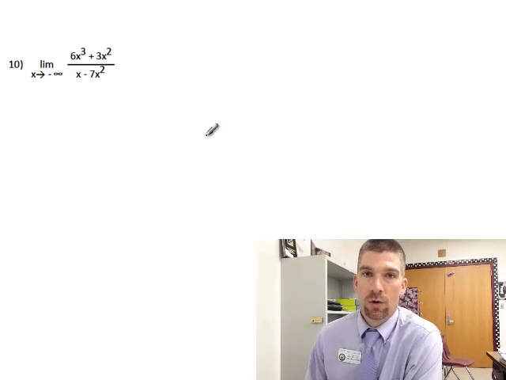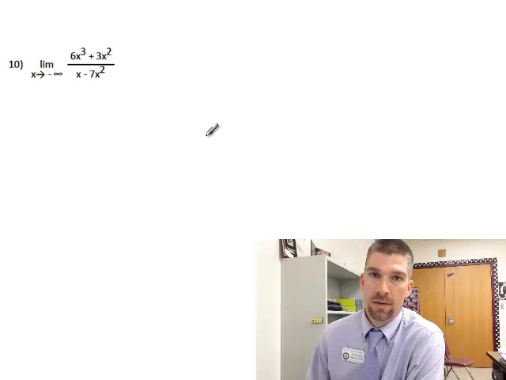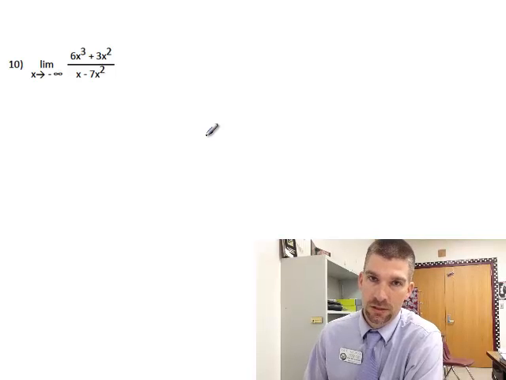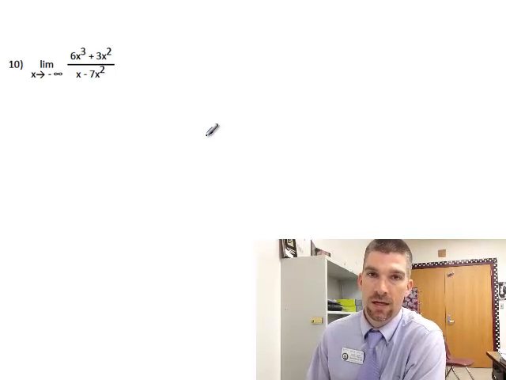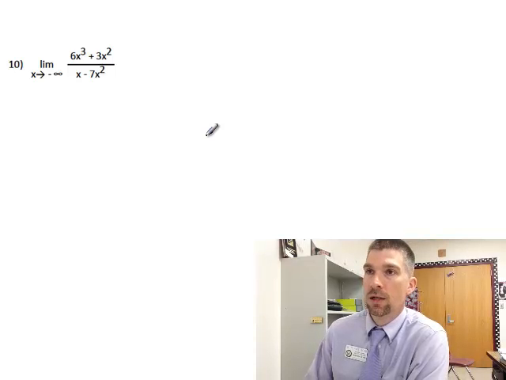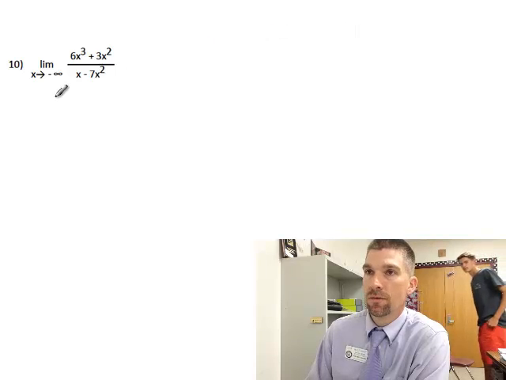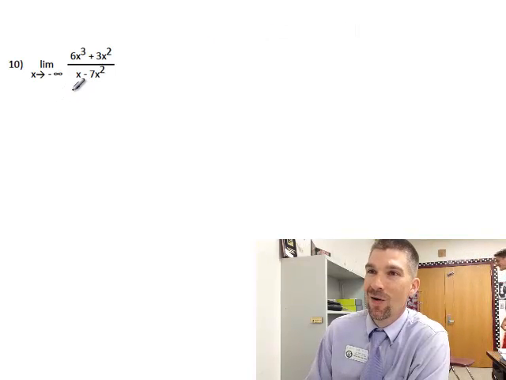Alright, so on this problem we're going to look at finding the limit of a rational expression, and we want to substitute that infinity sign, but we do that a little bit tricky. So let's keep in mind that when you're looking at infinity, some things that are really important are your leading coefficients and values. So to do that, we're going to take 6x cubed